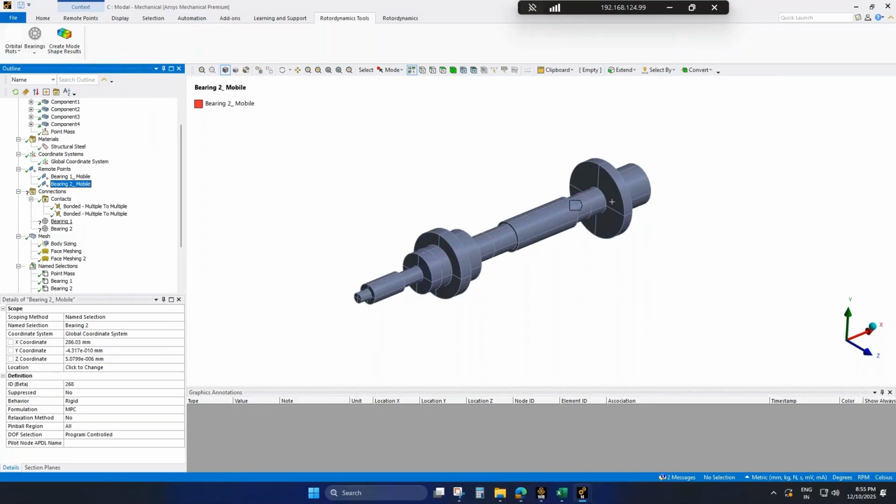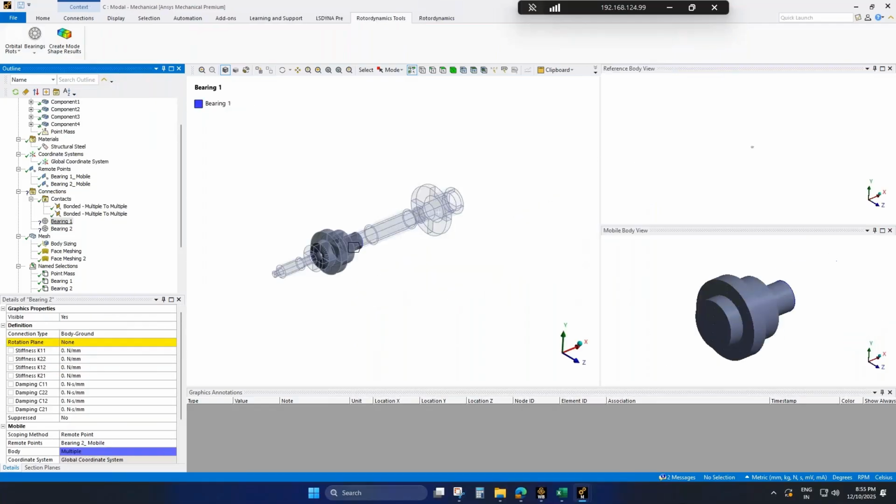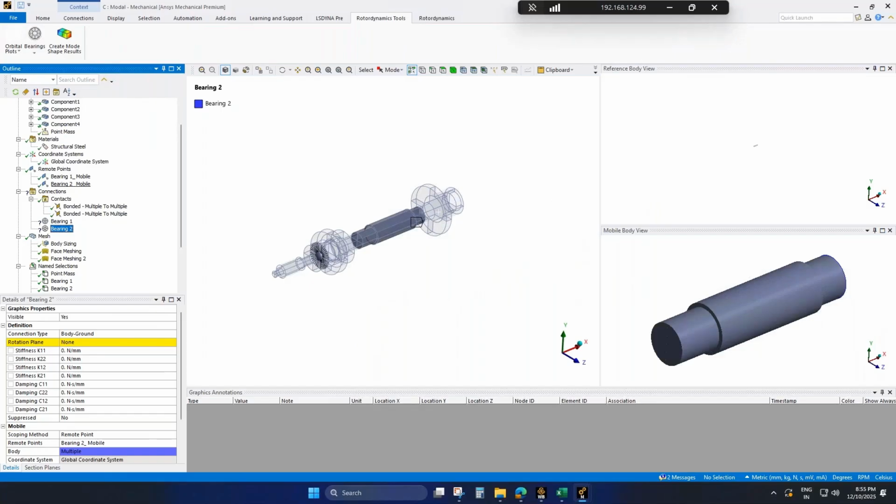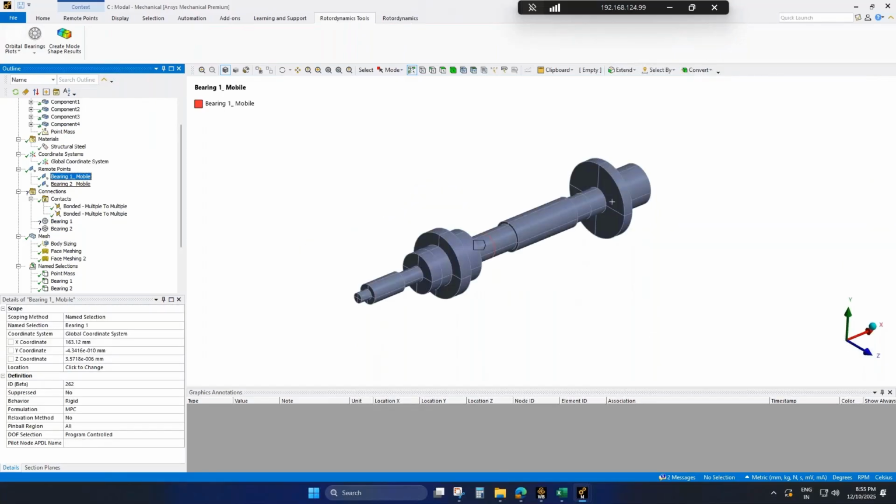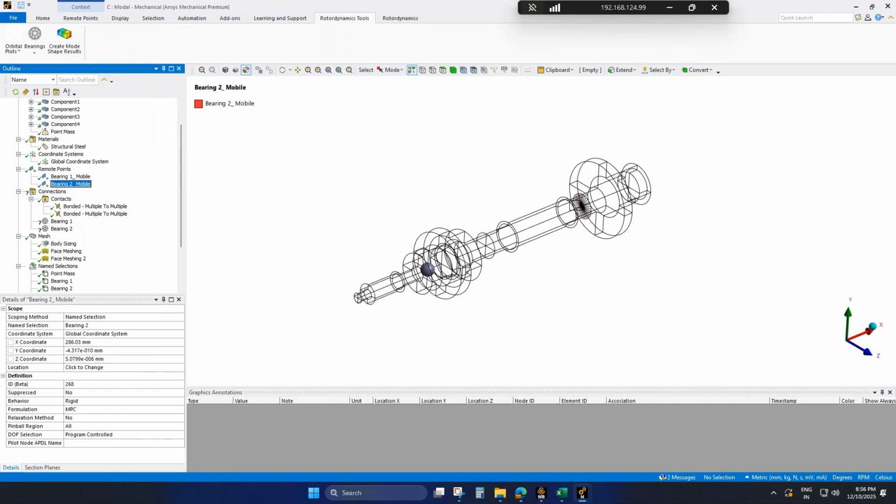Two things happen. One is that we have two bearing elements created, and also if you have noticed, two rigid spiders or remote points have been created at the two bearing locations.